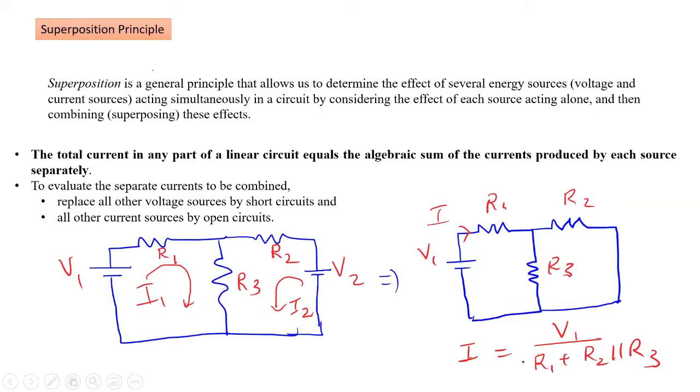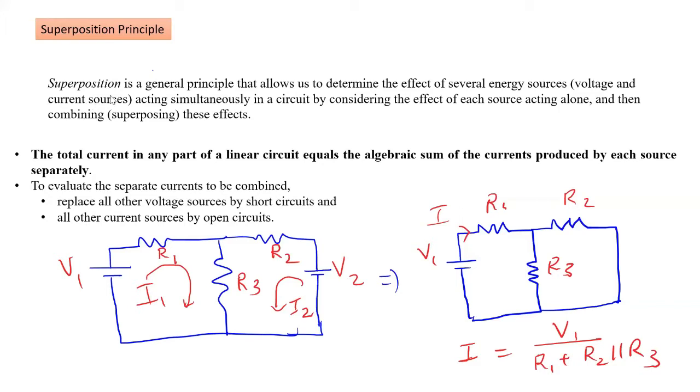Okay, so in the last few classes, we have discussed circuits, and in the circuits, we have discussed some theorems. One is Thevenin's theorem, another is Norton's theorem. Both of them are used to simplify the circuit and to obtain the current values or the load voltage. Today we will discuss two more theorems. Okay, the first one is the superposition principle.